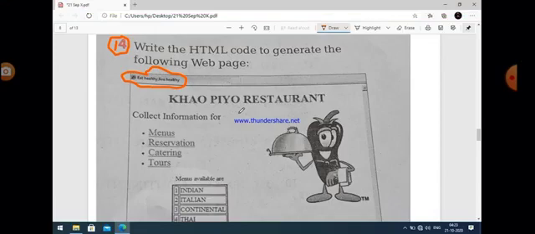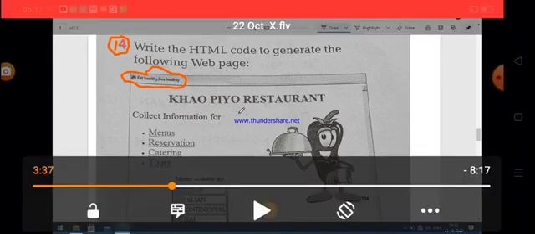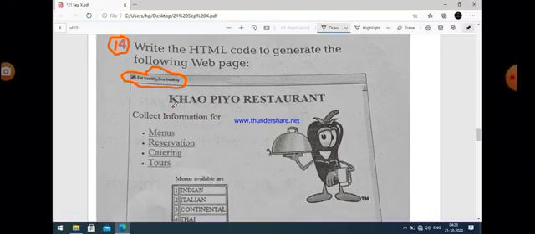Heading tags are available, that are H1, H2, H3, H4, H5, H6. So this is large enough, so we take the H1 heading, first point. The second point is that it is center aligned, and the third point is that the color of the heading is maroon. So we have to write the code for that.